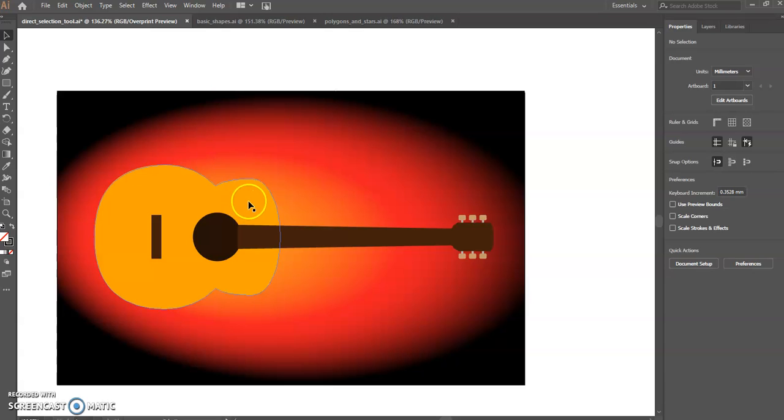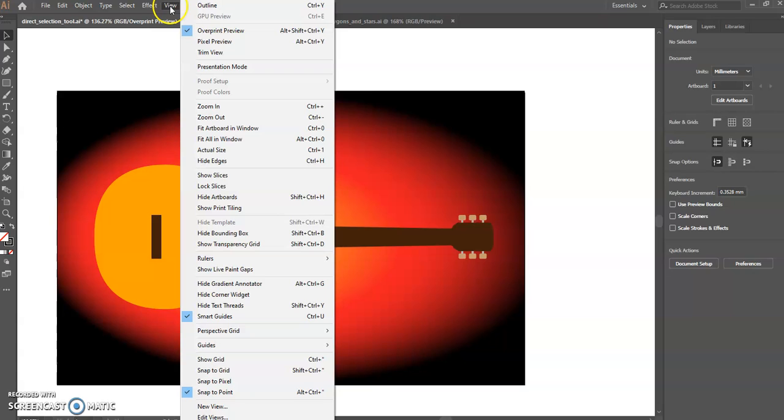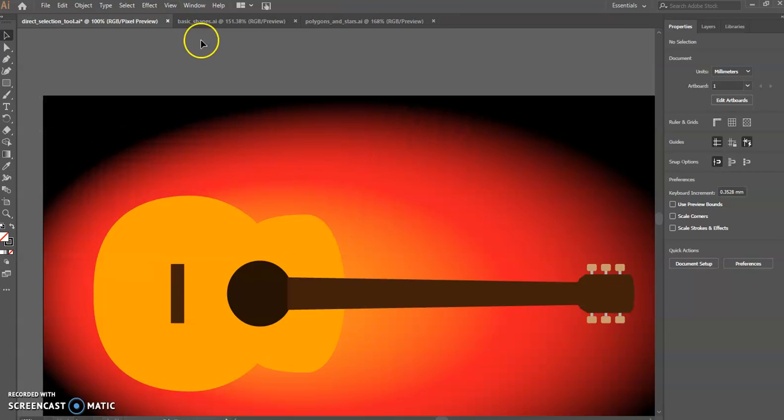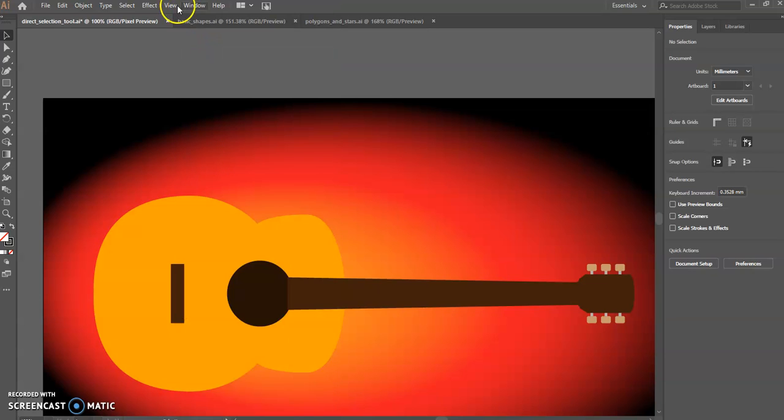Okay, so we've got some other options here. We've got our overprint view, pixel view, trim view,